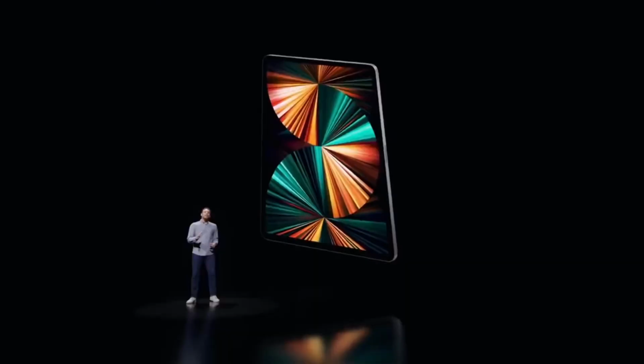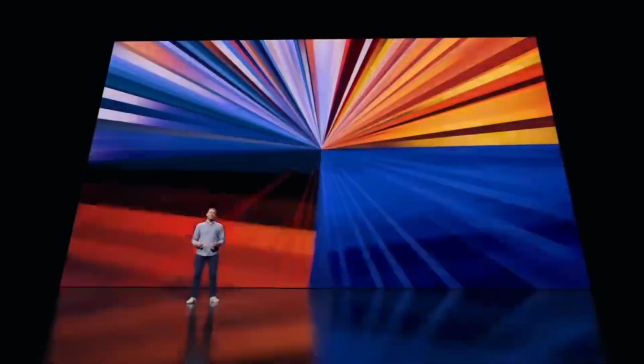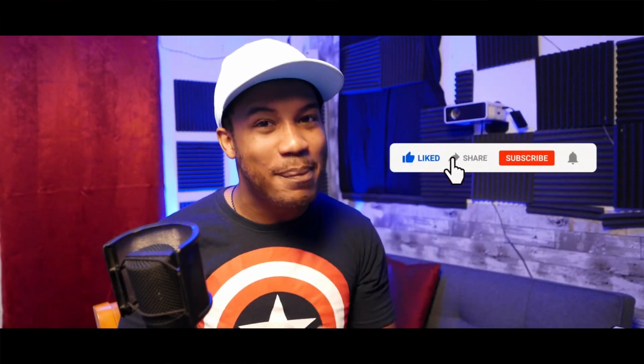So which iPad Pro is better, the 11-inch or the 12.3-inch? Well, today I'm going to be giving what I think is a definitive argument as to why the 12.3-inch iPad Pro is the better iPad Pro, and I think it's going to be a hard argument to debate, but of